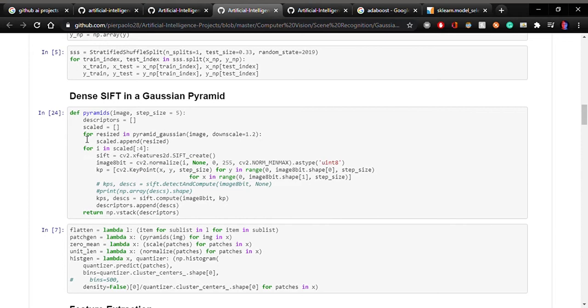Let's just see where resized and pyramid Gaussian, and so on and so forth, for i in scaled 0 to 4. cv2 xfeatures2d is going to